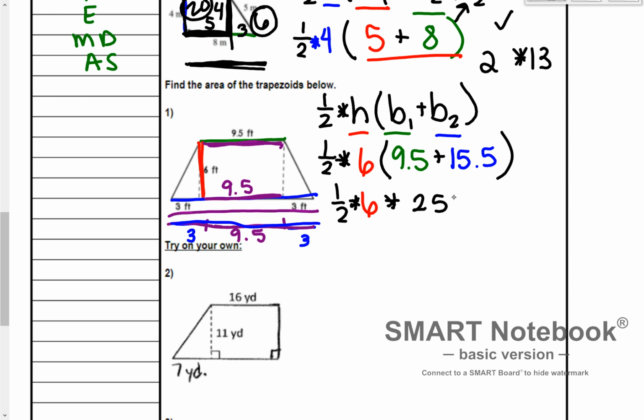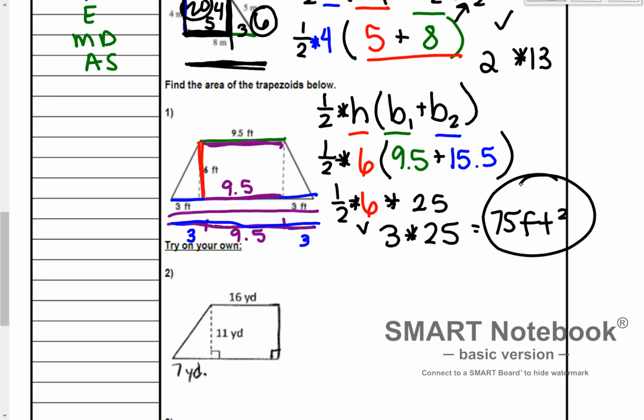All right, so now we just go left, right. 1/2 of 6 is 3. 3 times 25 is 75 feet squared. Okay. Like I said, we could have also broken it up into a rectangle and 2 triangles and added them